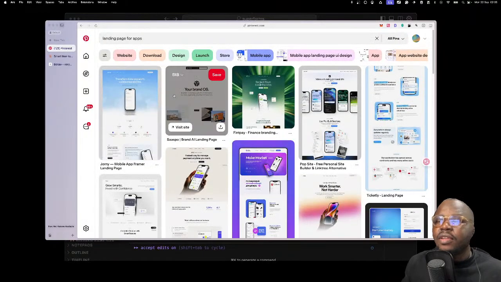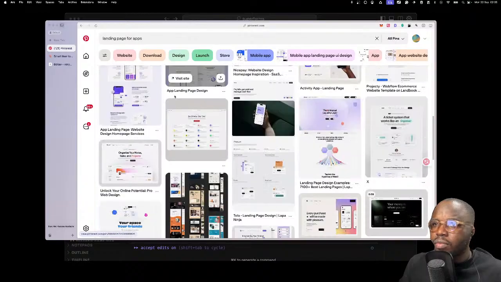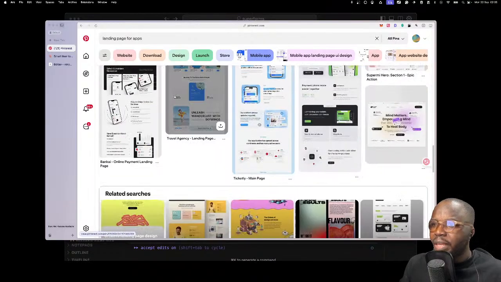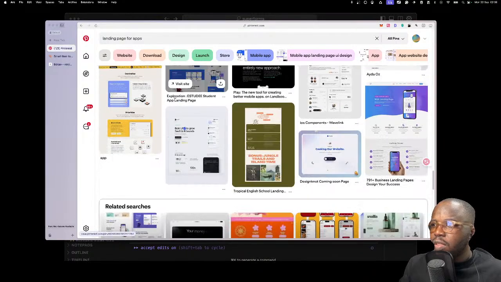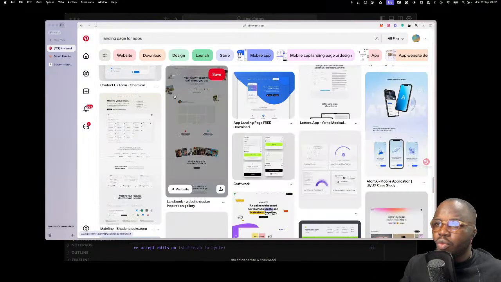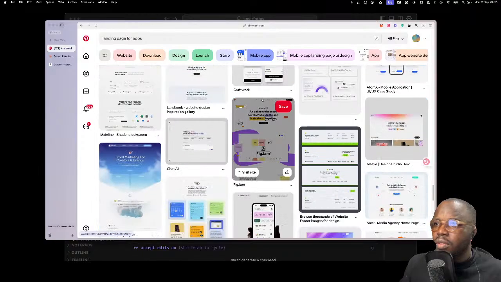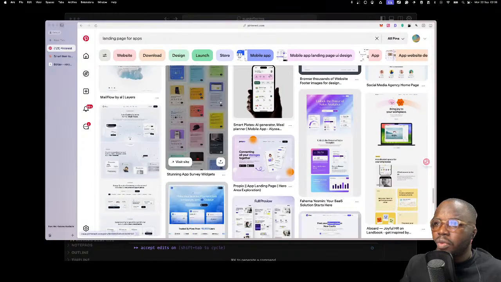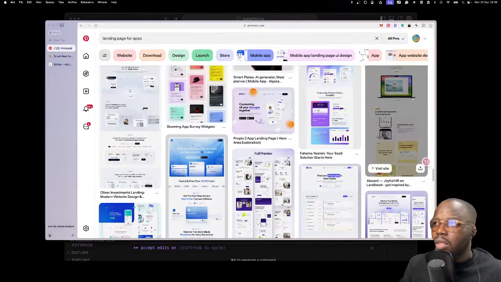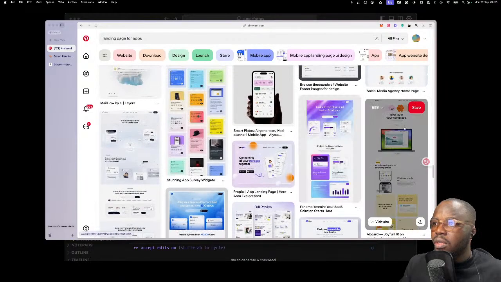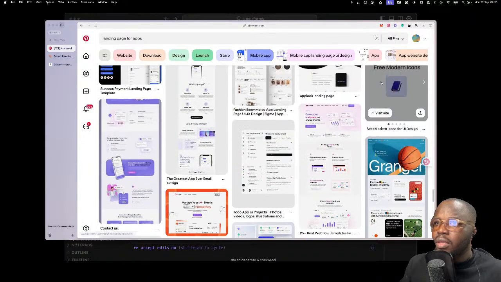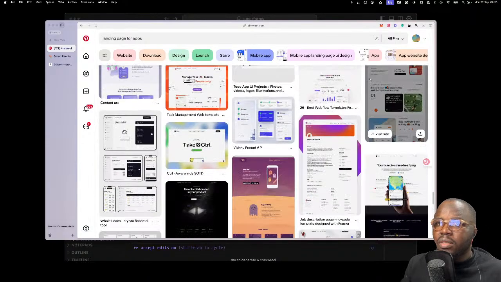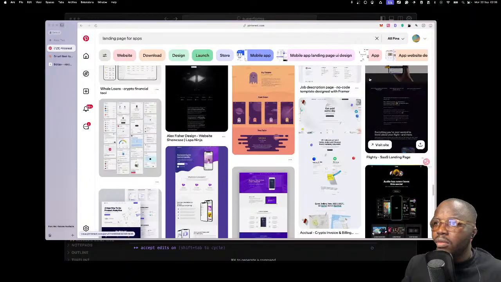Okay, so we're gonna find quick ideas for our landing page for app. And I want something very simple, right? I want something that's just straightforward, simple, just works. I don't want anything really crazy. I think I like this UI for this layout at the bottom here. But everything before that's just not for me, right?